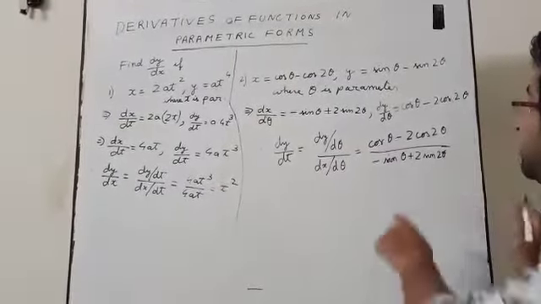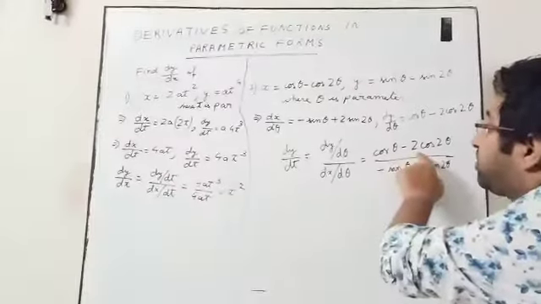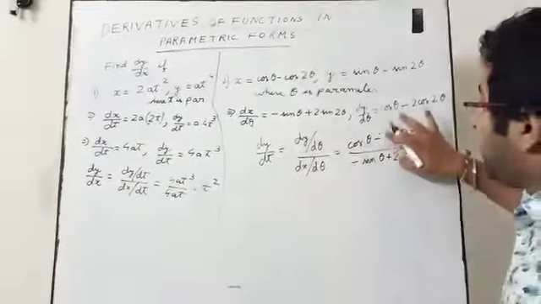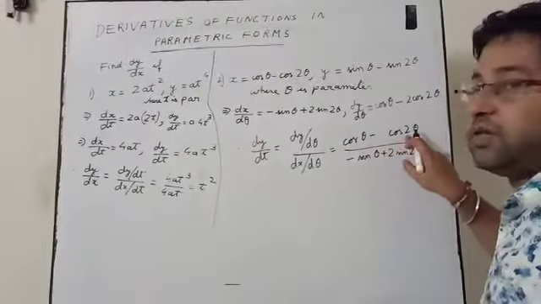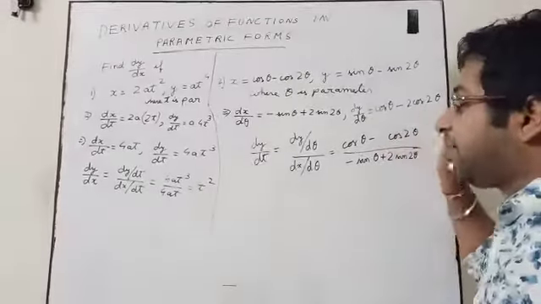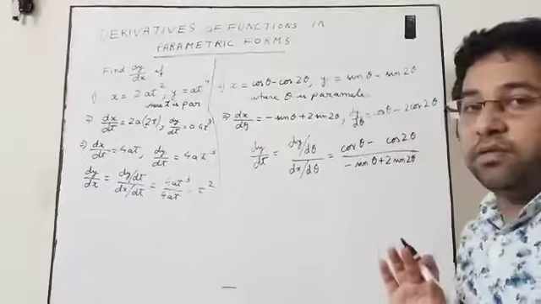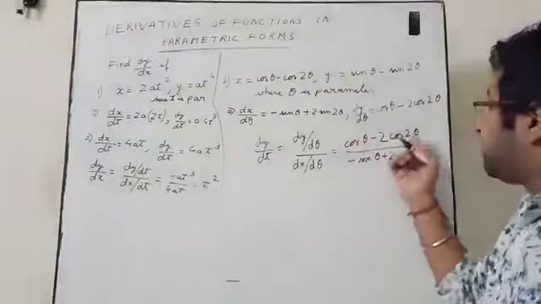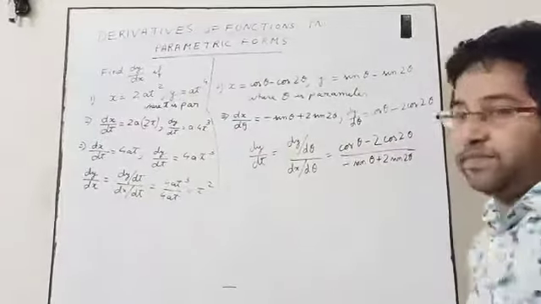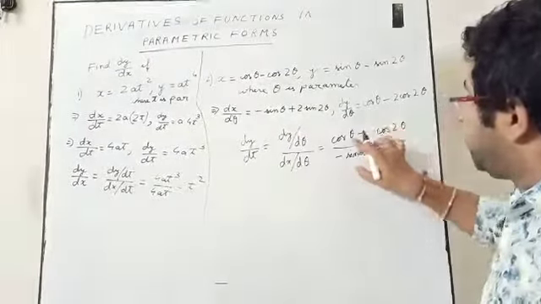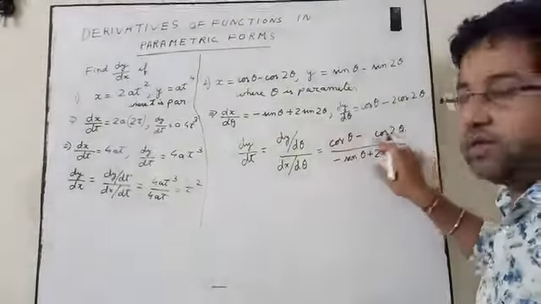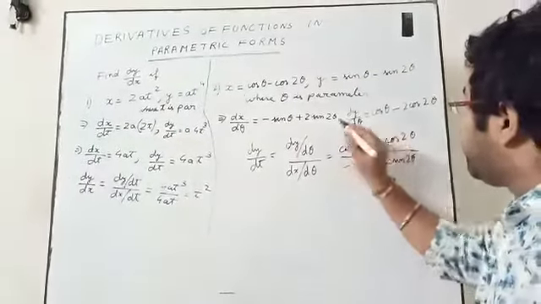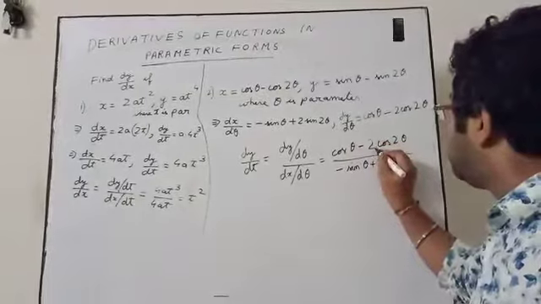Now can you break this down more? Cos theta minus 2 cos twice theta, you cannot break it. You could break it if the formula were cos theta minus cos twice theta, cos C minus cos D, you could have broken it. But this time it is 2 cos twice theta, so you cannot break this now. This will be your final answer. If it were cos C minus cos D, you would apply the formula and get the result, but you cannot apply the formula because this time it is cos theta minus 2 cos twice theta.